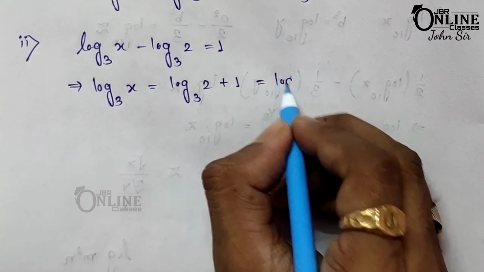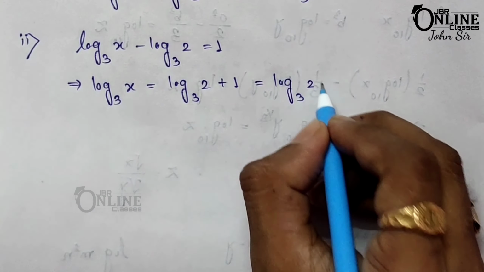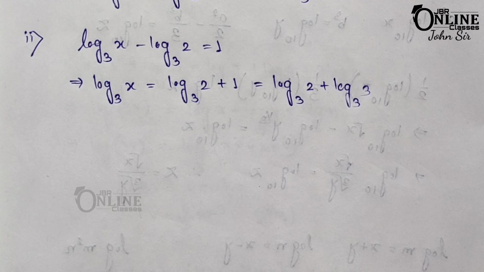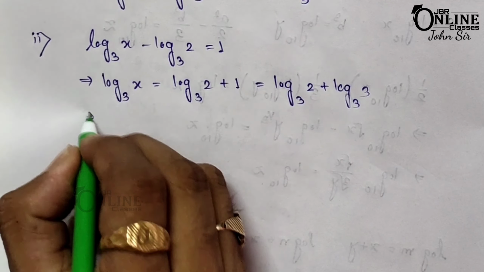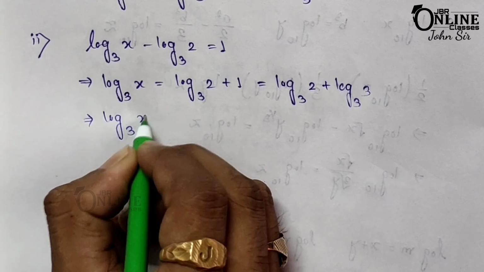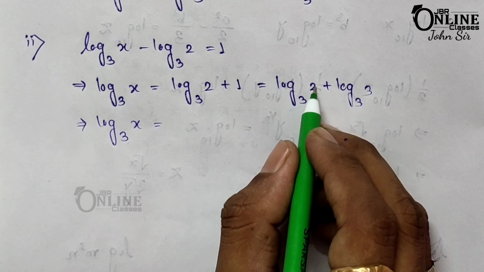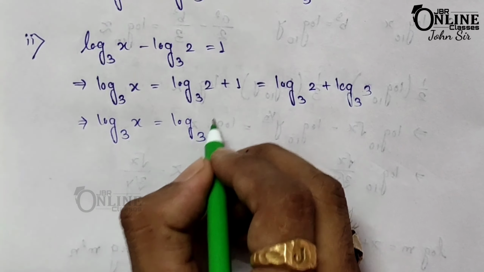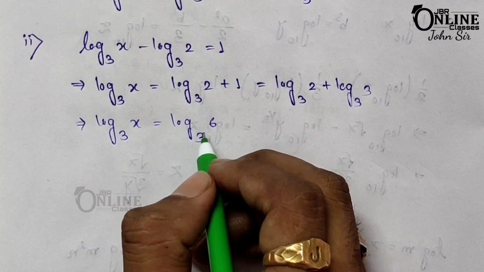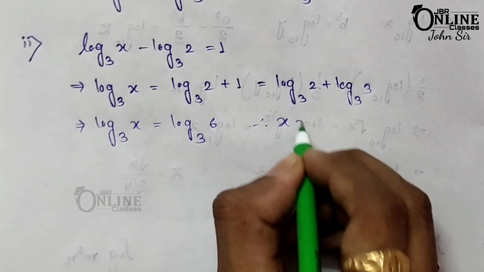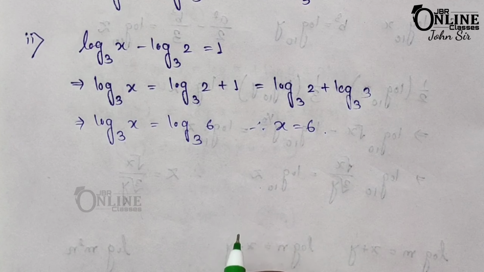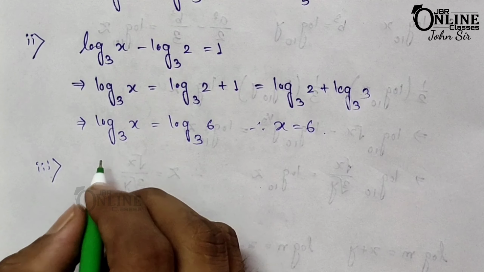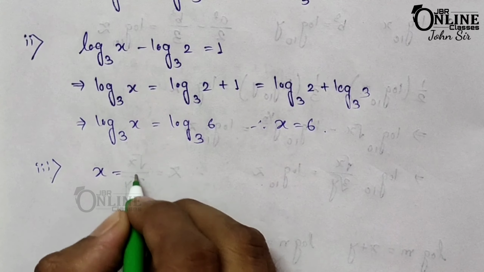Now instead of plus 1, you can write down here log 3.2, and here log 3.3. So that equal to log 3x, and here log 3.2 plus log 3.3, that means log 3, and here 2 into 3, it becomes 6. Okay, so that means by comparing both sides, x equal to 6. Now the next one, sum number 3. In sum number 3, x equal to log